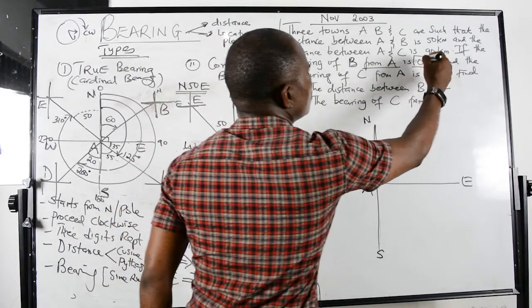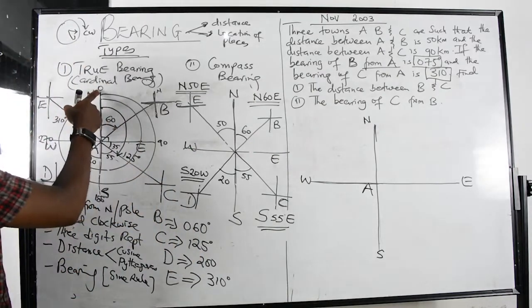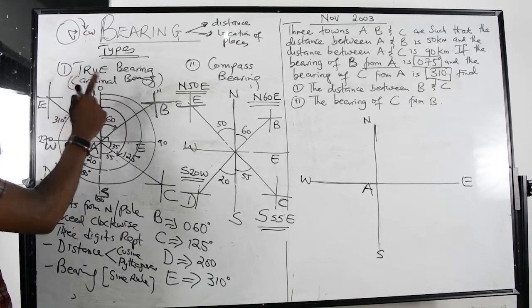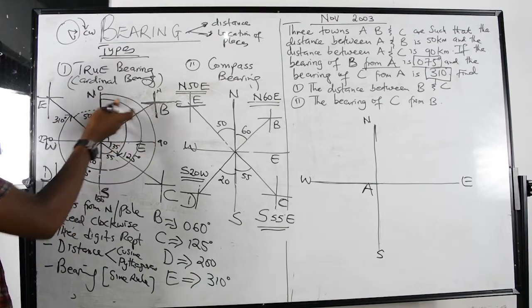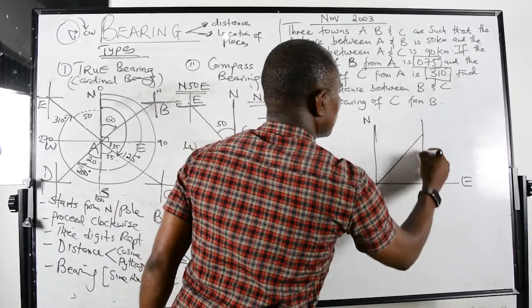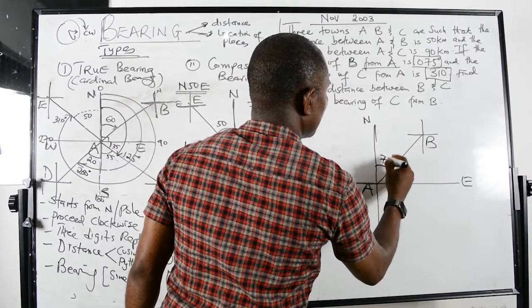And this 070 means that it is in this quadrant. 0 to 90 is within this quadrant, because I said all bearings with numbers 0 to 90 are in that quadrant. So 70 is going to be there. That is 70. This is B. So it is 70 there.